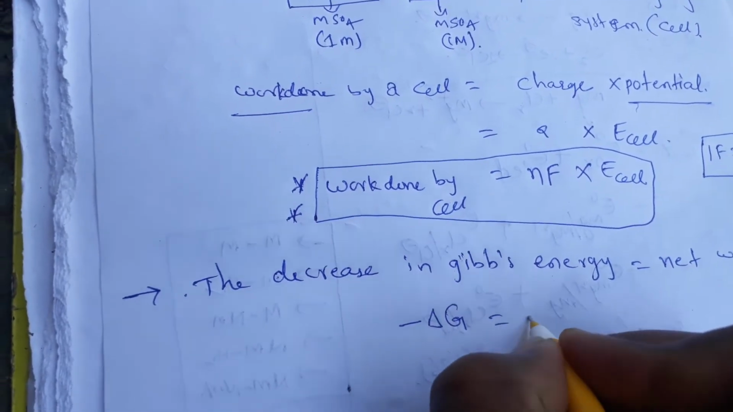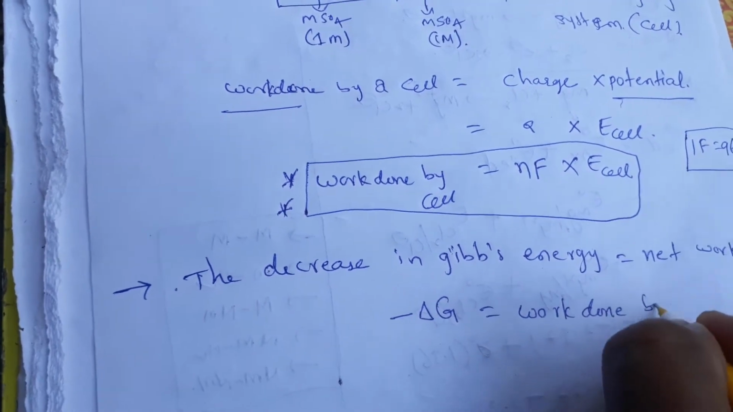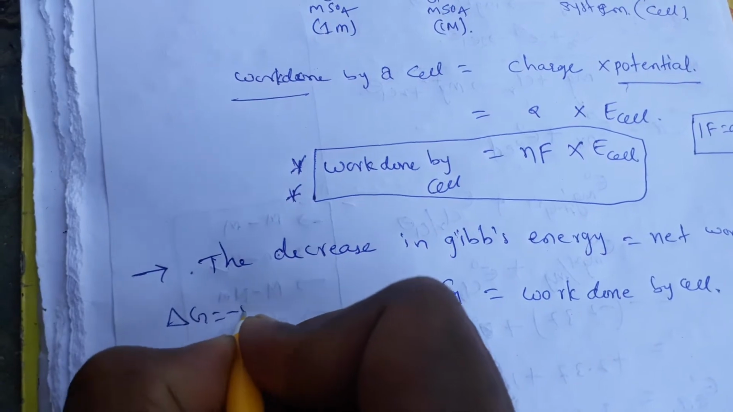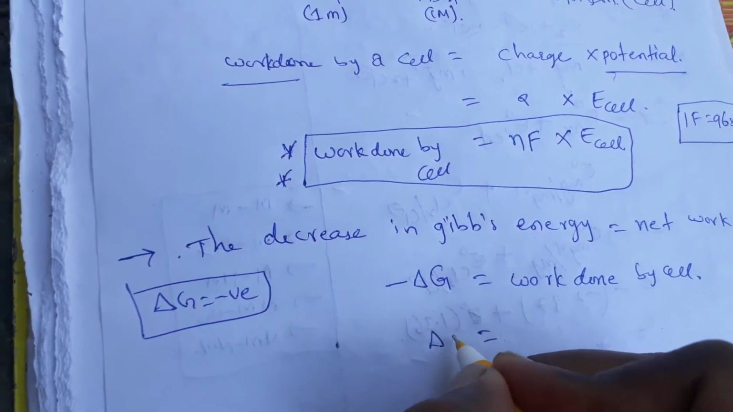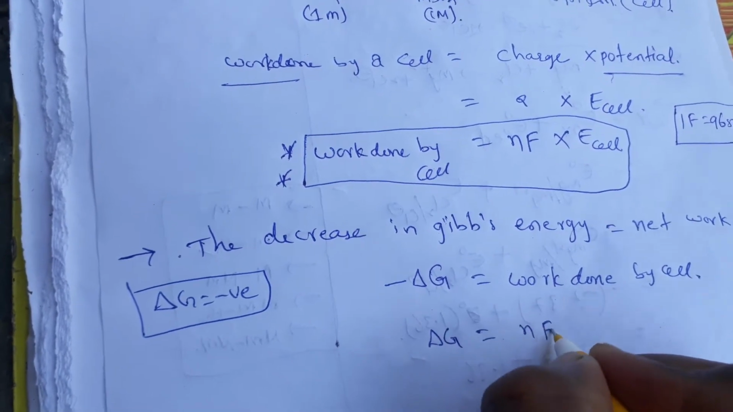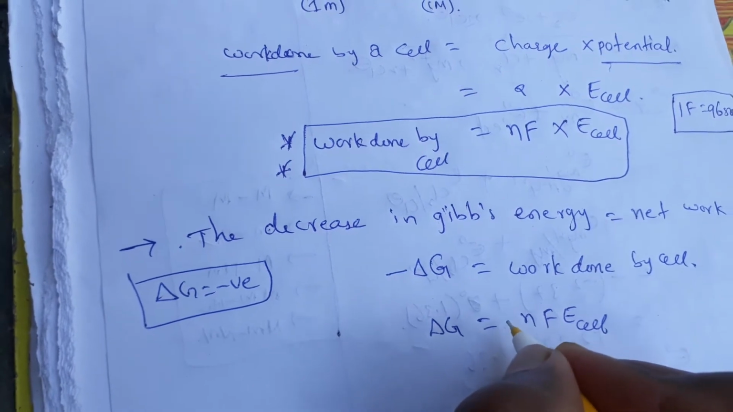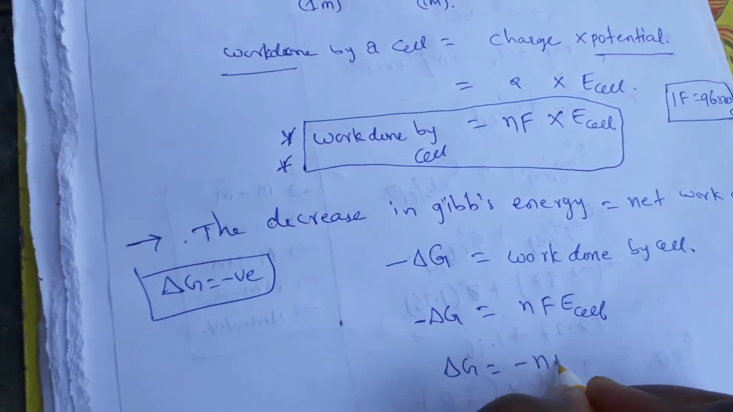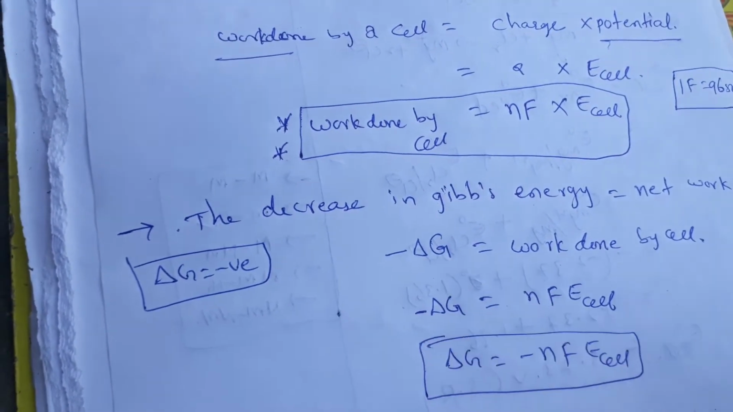Delta G is equal to the work done by the cell. So delta G is obviously negative, so a minus value will come. So delta G is equal to, here it is nFE cell. If it is minus, then this will come, this is minus delta G, so delta G is equal to minus nFE cell. That means if we know the E cell values,